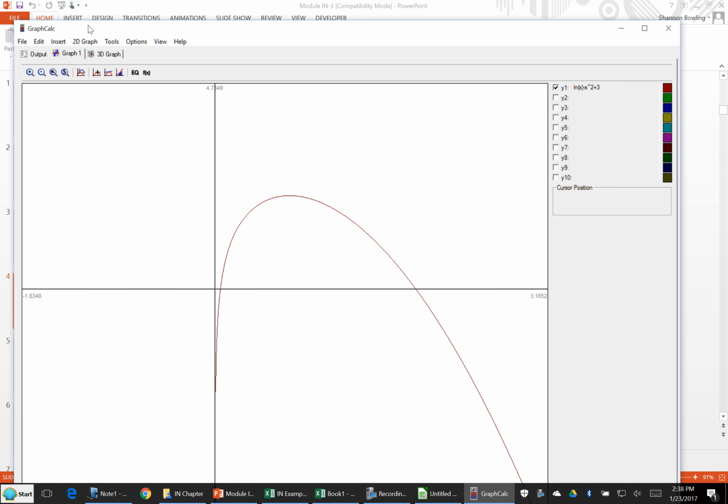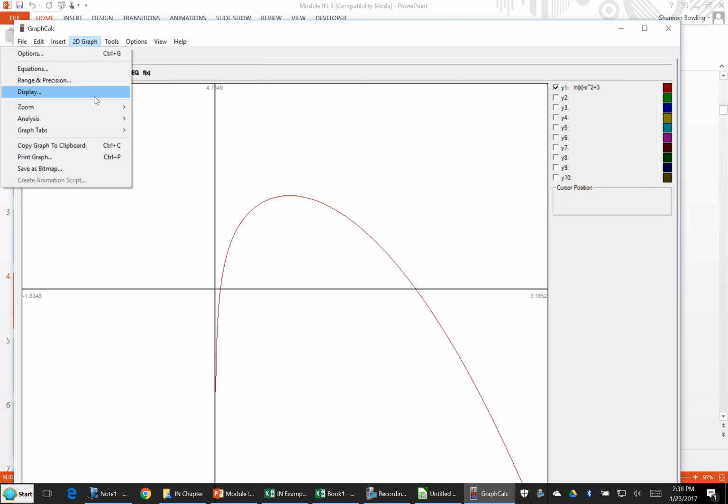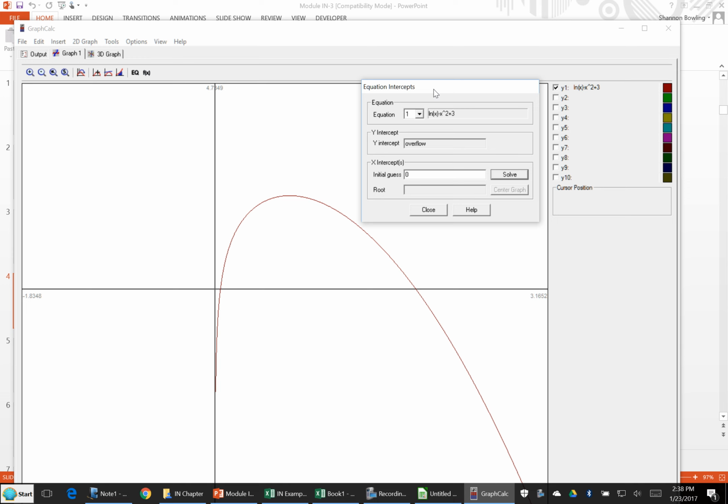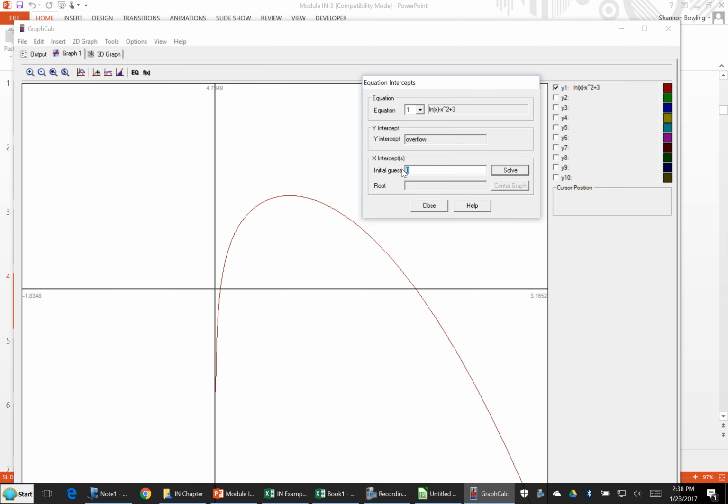equal to 0. So I can go in here and I can actually use analysis, and I can go to axis intercepts, and I can say, alright, equation 1, the initial guess, and I'm just going to guess a value of say 0.1, and I hit solve, and boom, gives me the answer, 0.049991. So that means that this function crosses the x-axis at 0.04991. If I have another guess of maybe about 1.8 and solve, notice that now it converges on this solution,